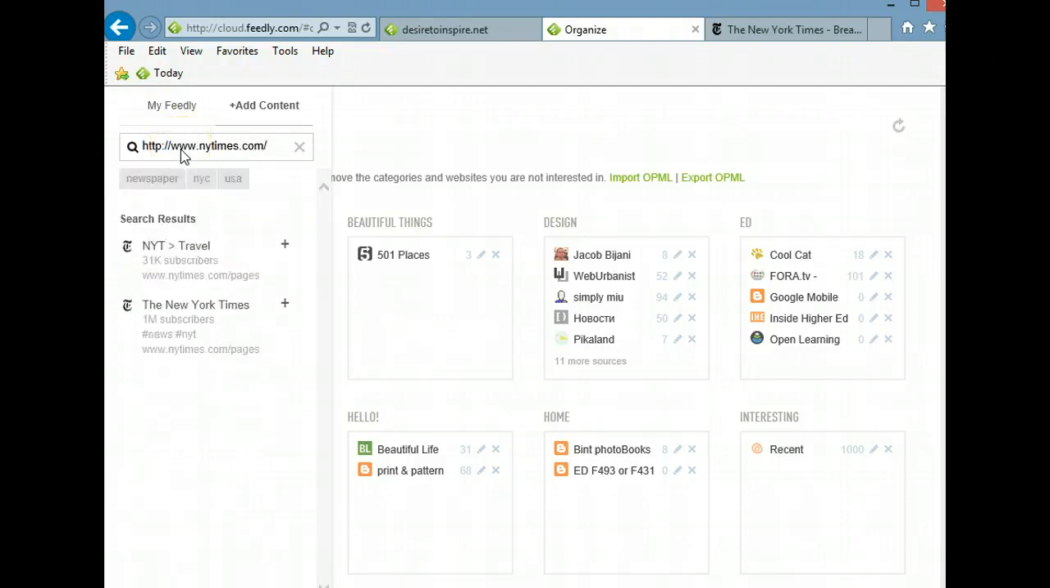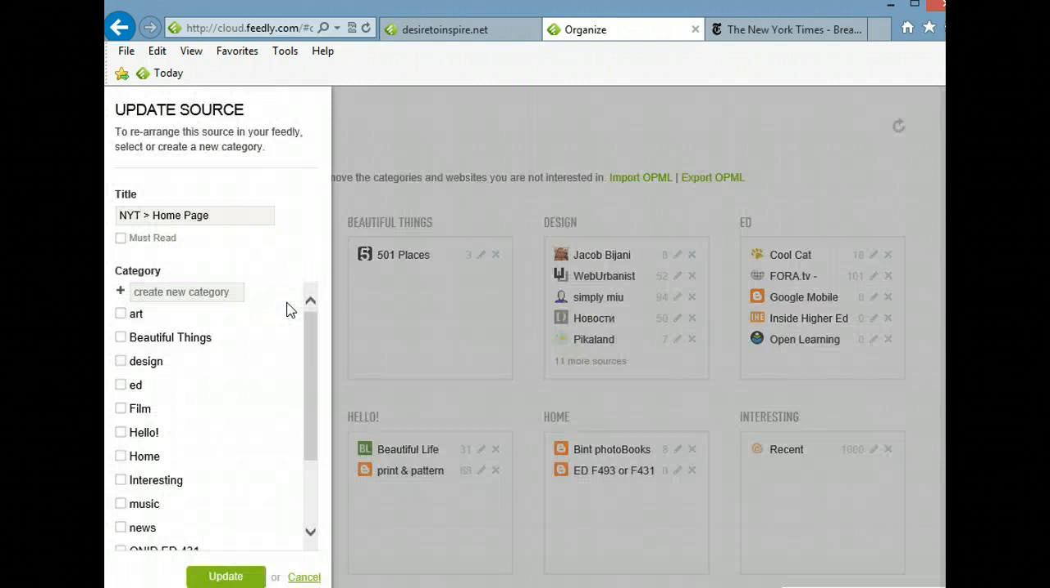It will take a few seconds, and Feedly will pull up all of the RSS feeds associated with that URL. In this case, you can see there's two, and I'm not going to subscribe to travel RSS. I'm just going to subscribe to the main New York Times blog. So I have to click